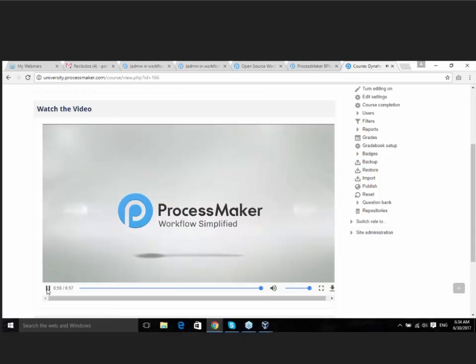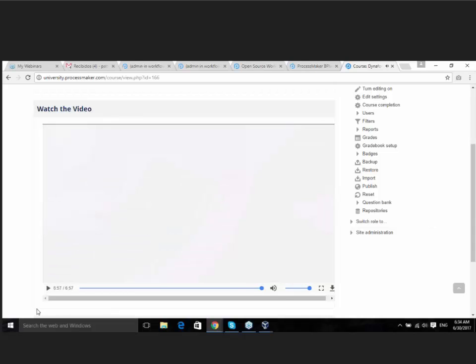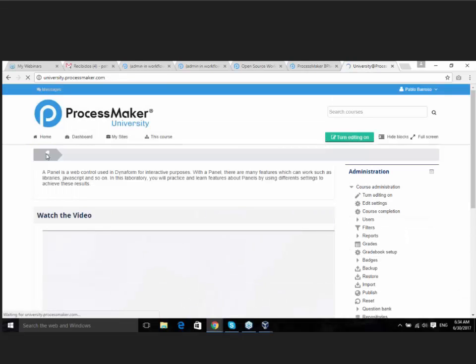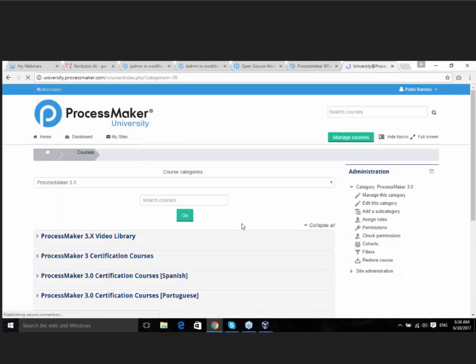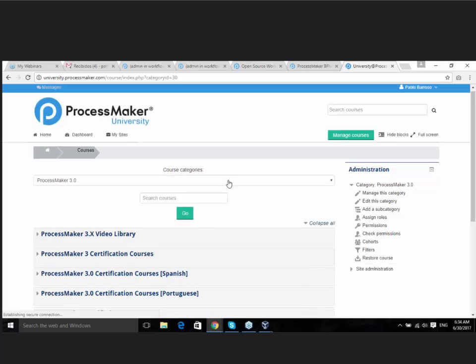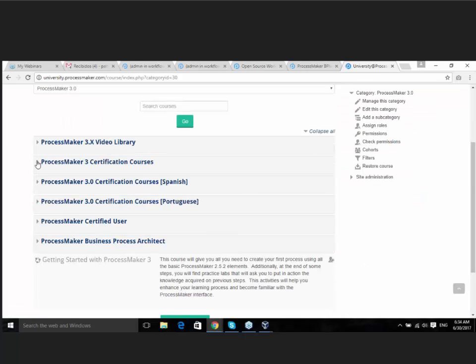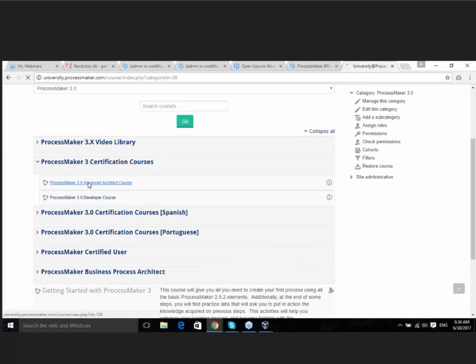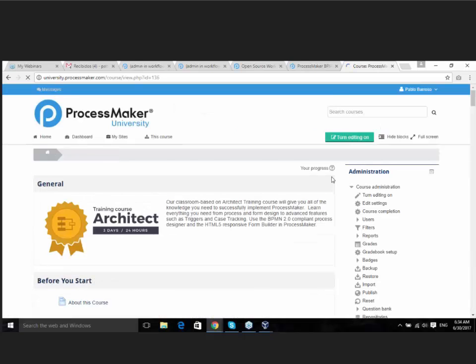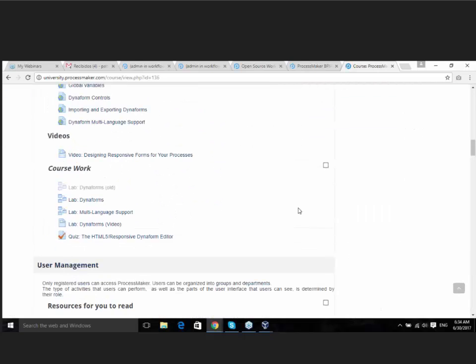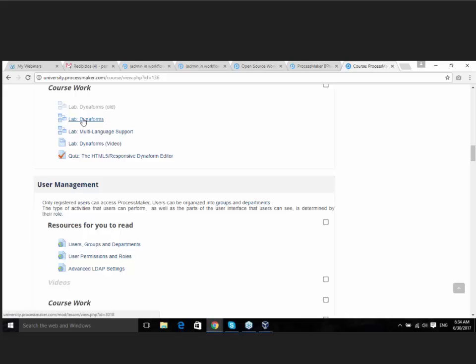Okay, so we have completed now all the parts about Dynaforms, and now we can go to our university here, and we are going to complete the next lab. Next lab is going to be Dynaforms here. For this lab, you have 15 minutes. We need to complete this